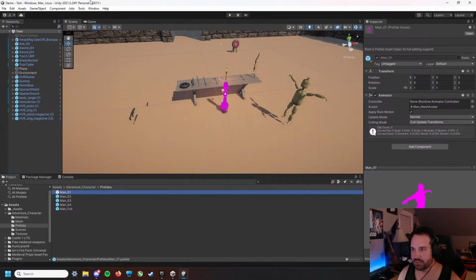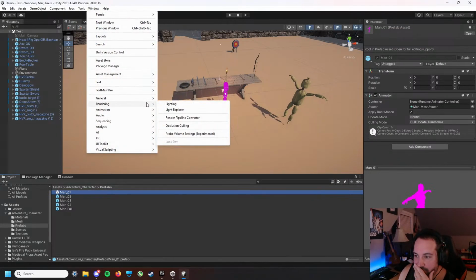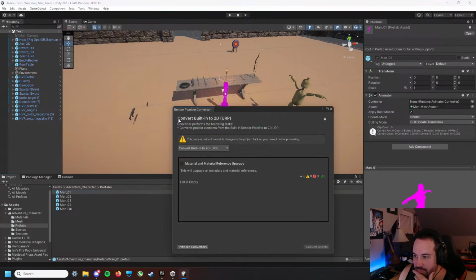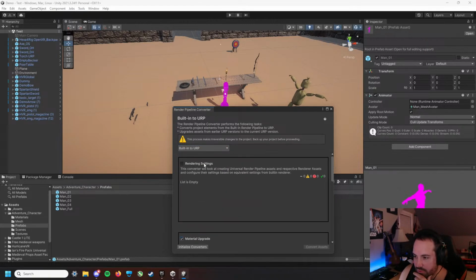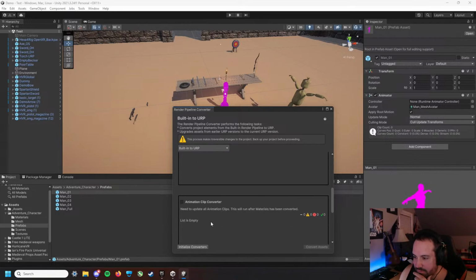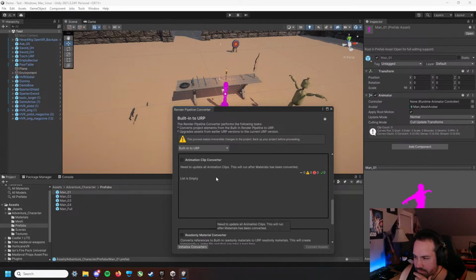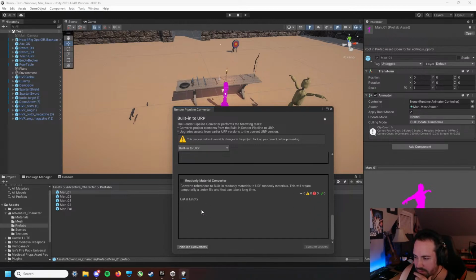There's no 2D. Crap. I don't remember how I did this last time. Rendering. Render pipeline converter. Here we go. Built-in render settings, blah, blah, blah. Okay. I don't need that. There we go. I'm going to have to remember that for future reference because this is completely different from what